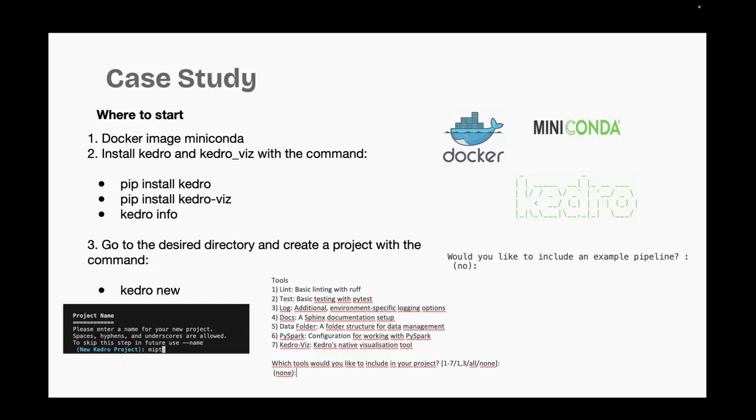Before we begin, it's assumed that you are familiar with Docker. You could use any Python-based image, whether it's a miniconda or an official Python container from Docker Hub. The choice of image isn't crucial. Next, install Kedro, KedroViz, and MLflow for tracking. This can be installed like any other Python libraries. Once all dependencies are downloaded and installed, verify the setup by running kedro info.